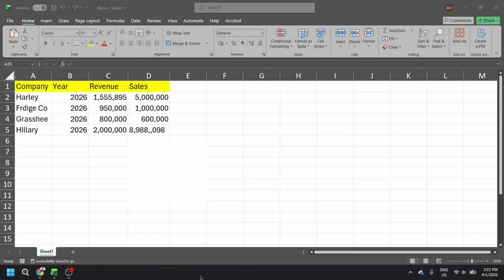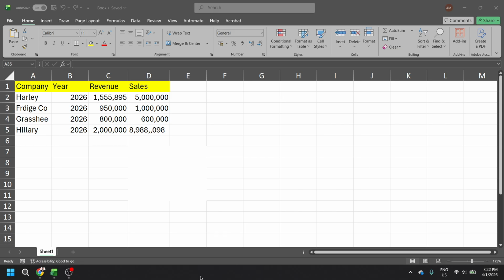In today's video, I'm going to teach you how to automatically adjust the width of columns and rows in Excel. If you've ever opened a spreadsheet and found that your headers are cut off or your numbers spill into the next cell, this quick technique will save you time and make your sheet look polished. We'll use Excel's built-in AutoFit tools, which size rows and columns precisely to fit the content you already have, no